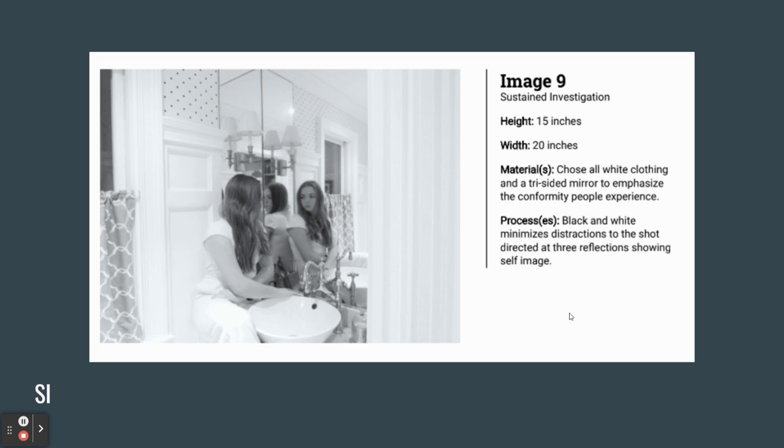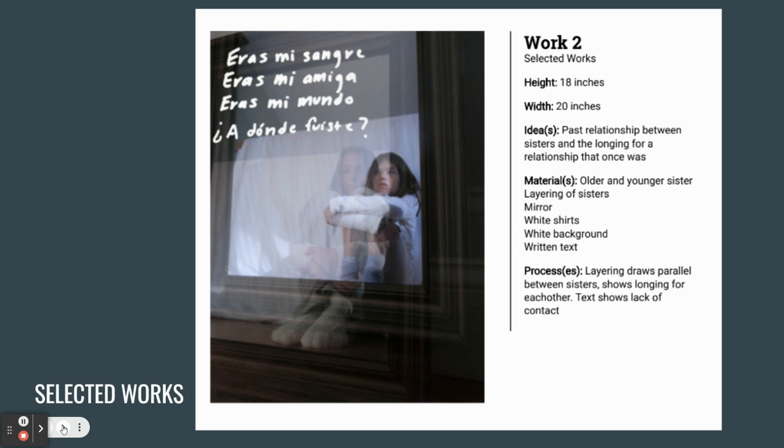Again, you might want to pause and read these, but the materials are the things that appear in here, and the process is what she did with them. And it is to get across the main idea of the SI, because that synthesis is part of your SI. It's much more in your selected works, but it is part of your SI. Again, what is in the image, and then what you did with it, and why included in here, because they are judging you in that rubric on your synthesis.